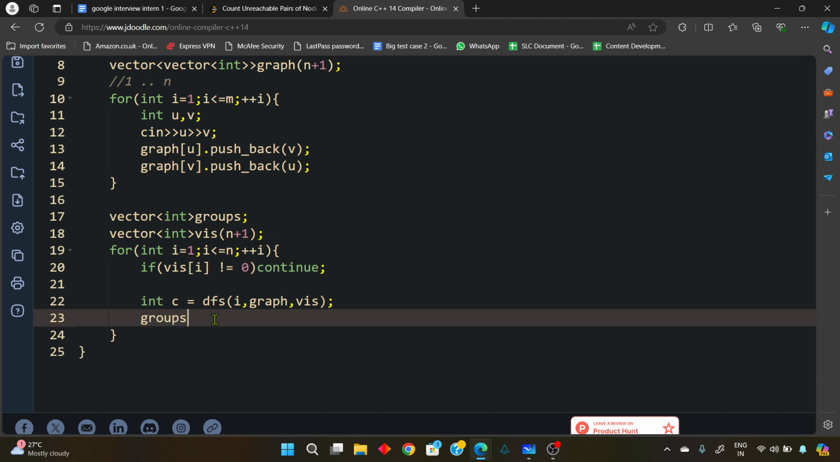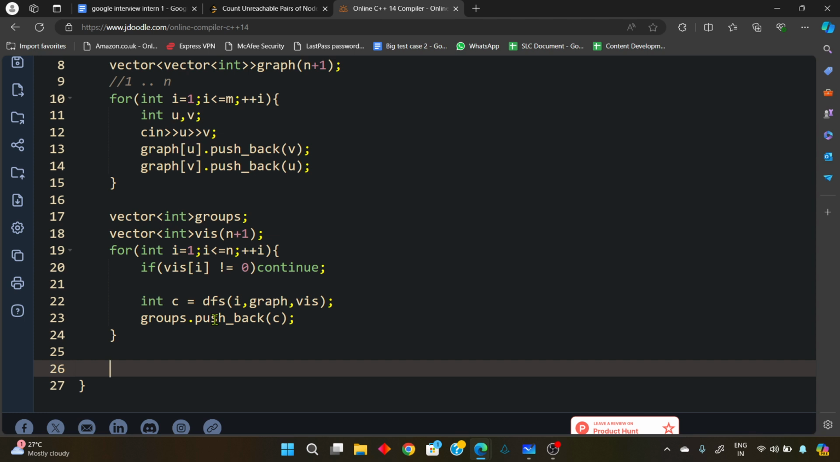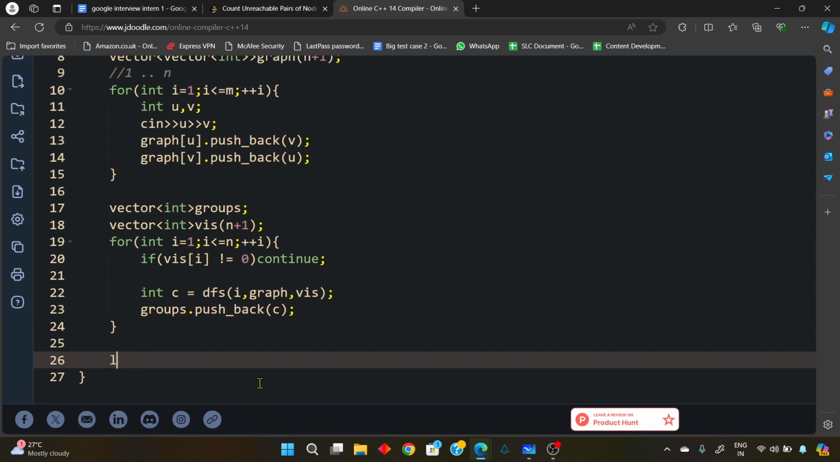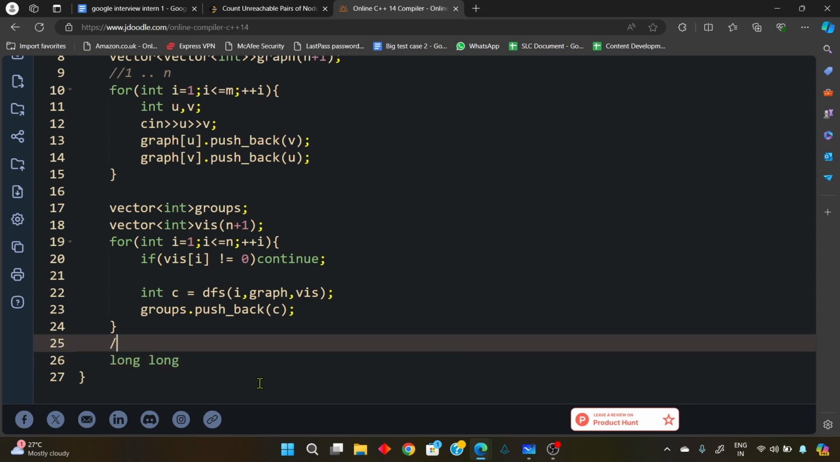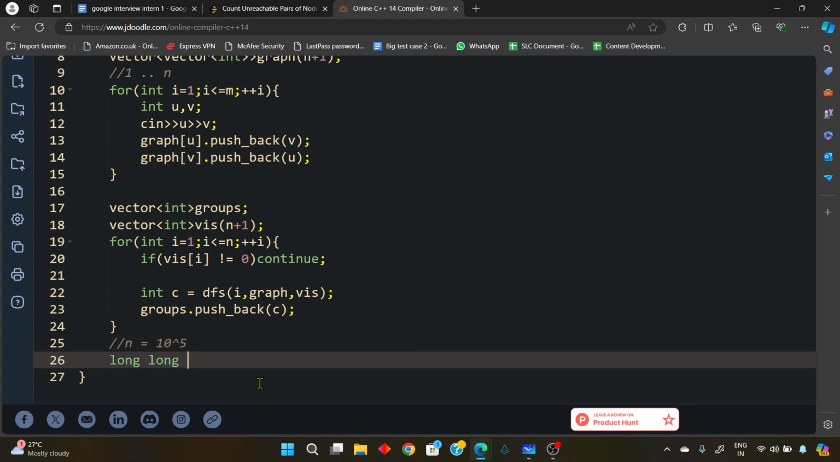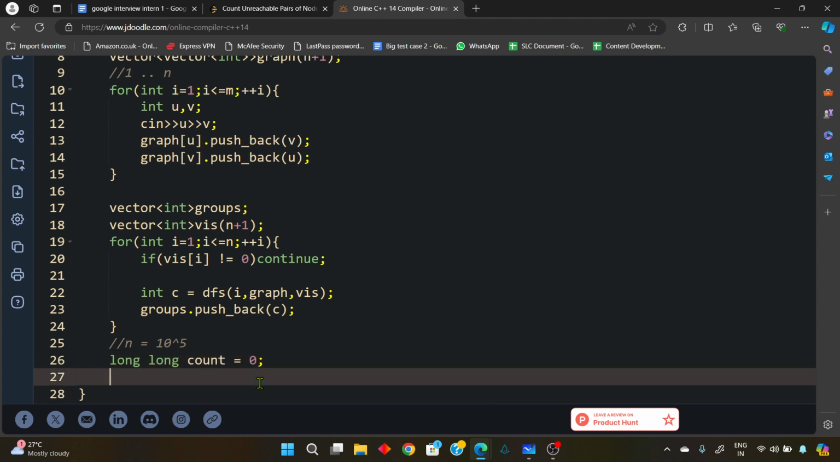I'll add this particular value in my groups array. Okay, groups dot pushback. Now here we have to find how many pairs can be there. Assuming the number of nodes can be up to 10 to the power 5, the number of pairs that we'll be able to form might be out of integer limit. So we are taking a long, which will count how many pairs are there. And we will simply go through how many groups we have,